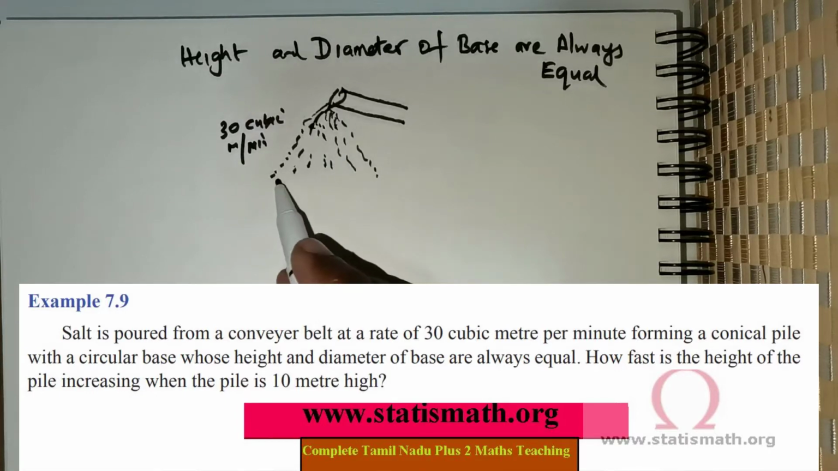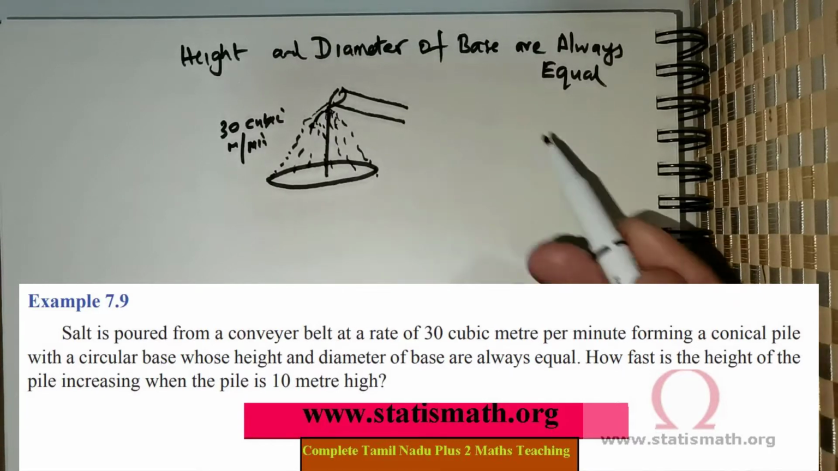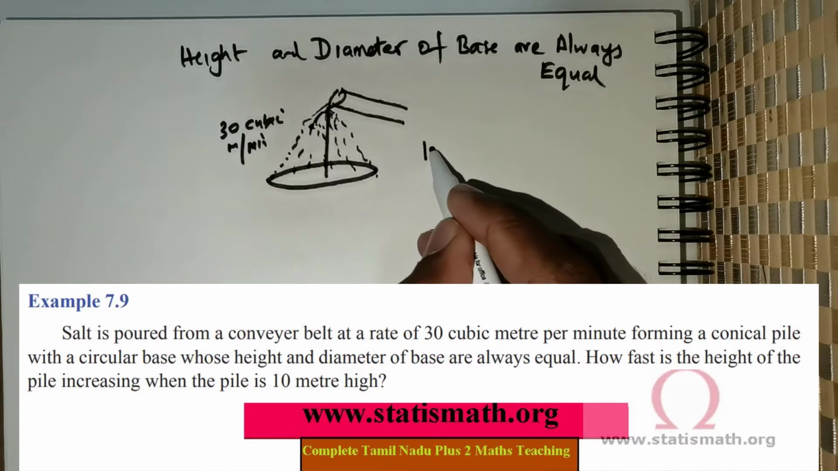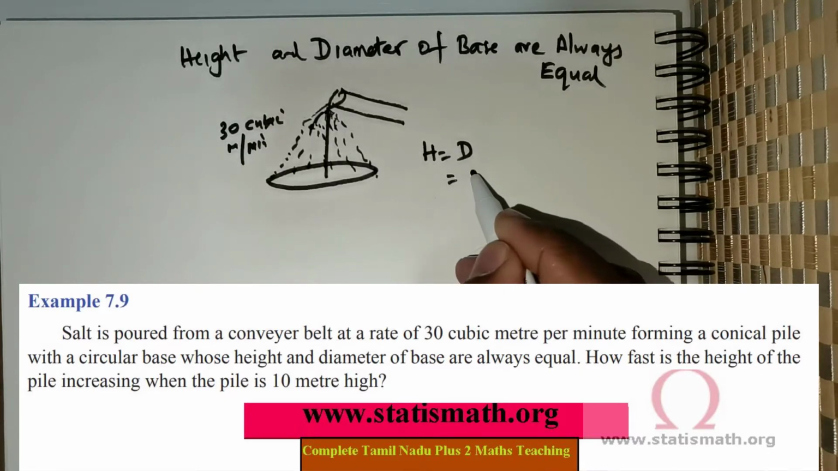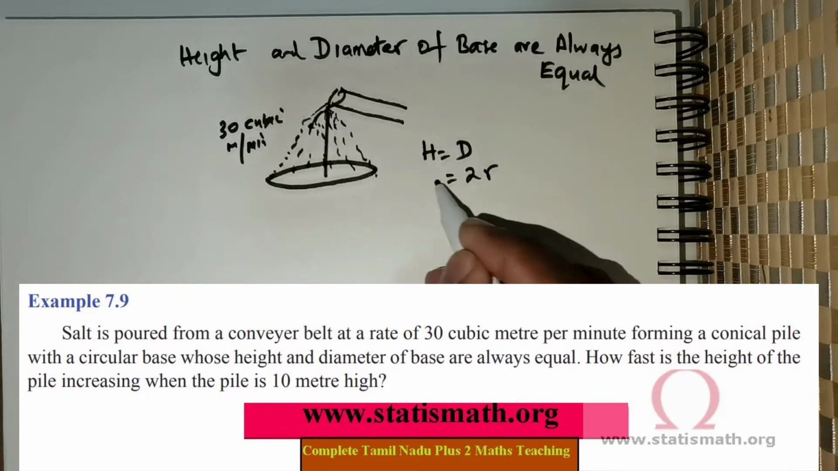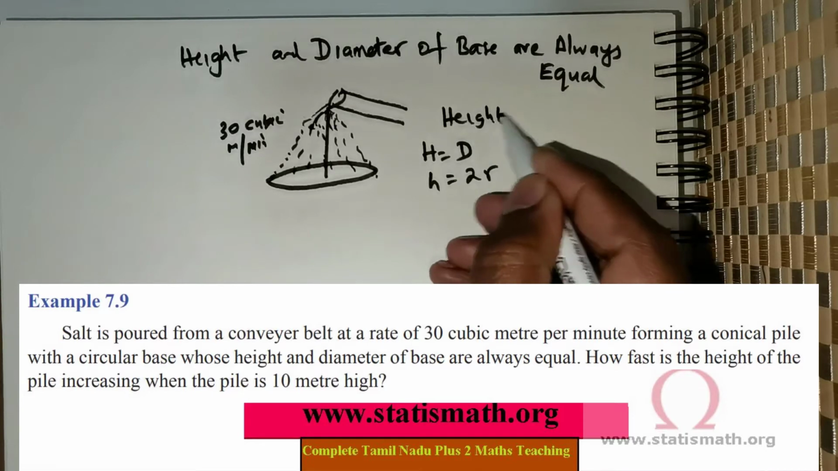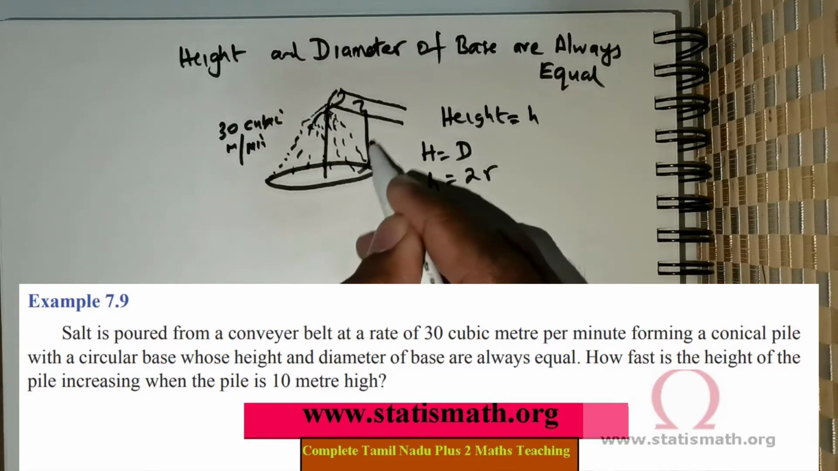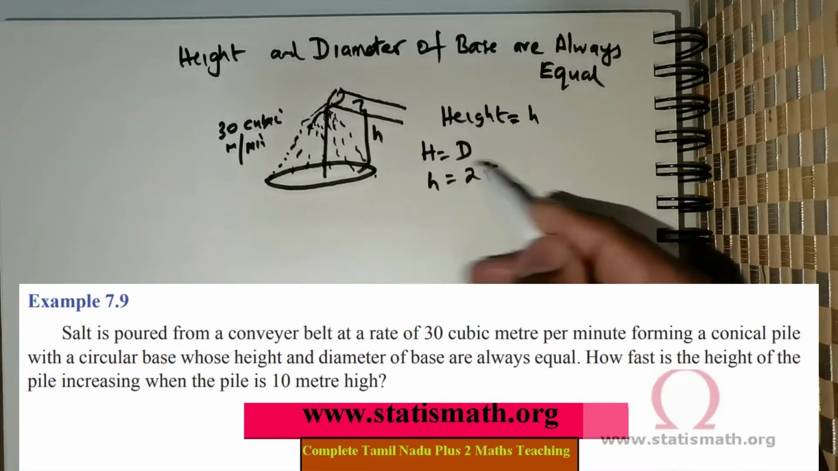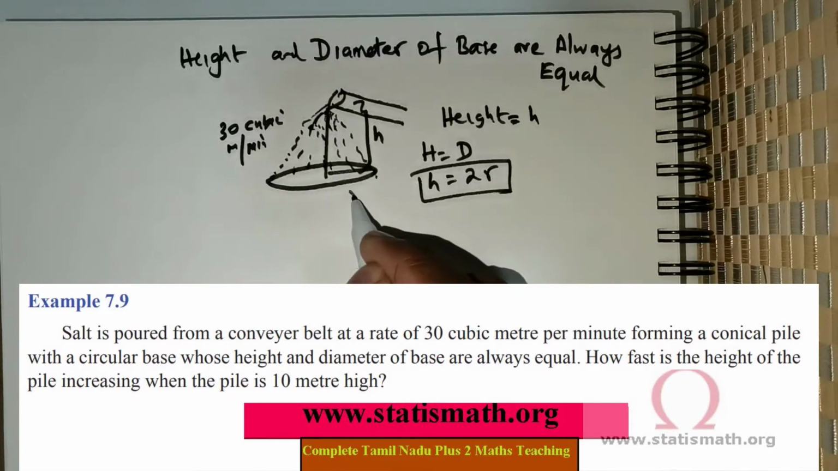It's forming a pile like this, whose diameter of the base and its height are equal. So that means they are saying h is equal to d. Now we know diameter is actually 2 times the radius. So if I take the height to be h, then I can have h equal to 2r, where r is the radius